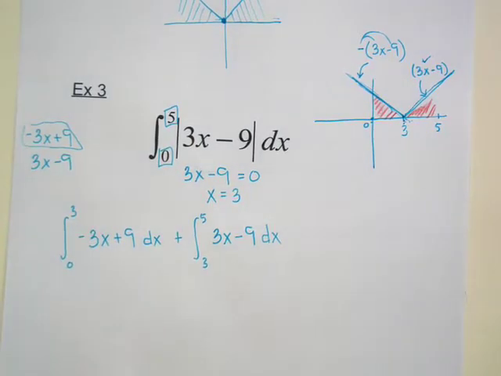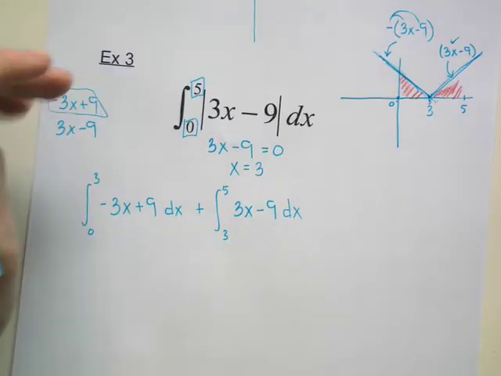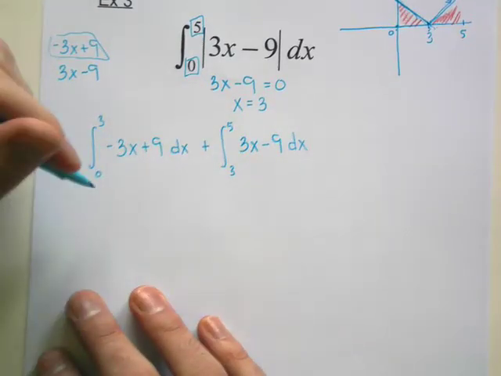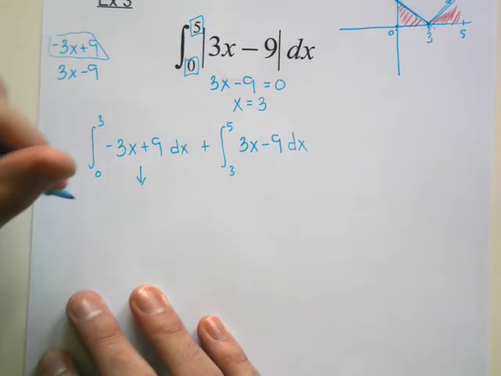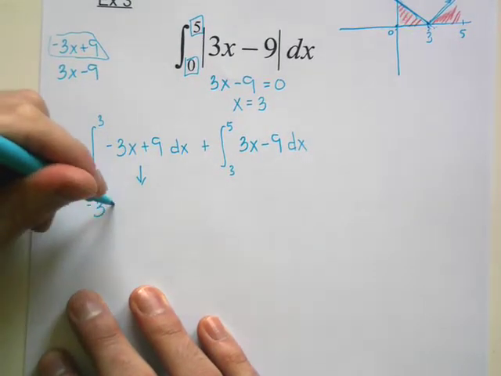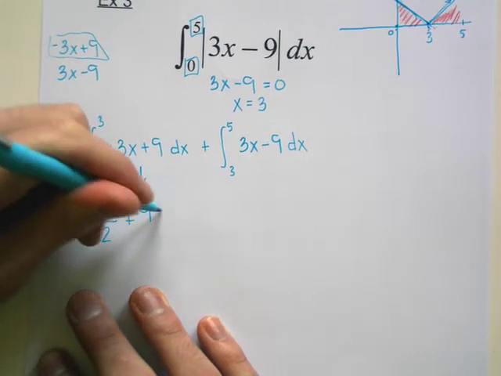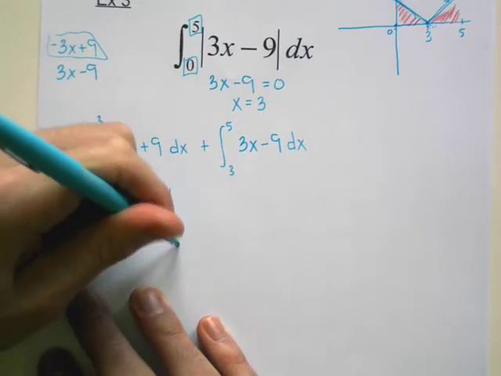Okay? And when I do that, I'm going to get the area under the first triangle, I'm going to get the area under the second triangle, and that's going to give me my answer. Okay, so let's integrate these separately. So this is going to become negative 3x squared over 2 plus 9x, and that's going to go from 0 to 3